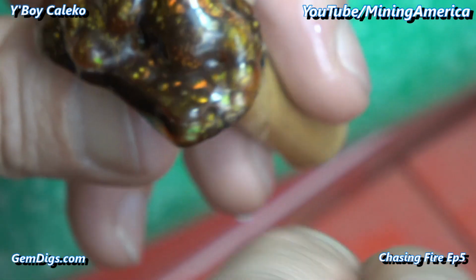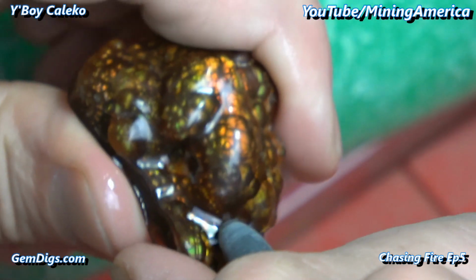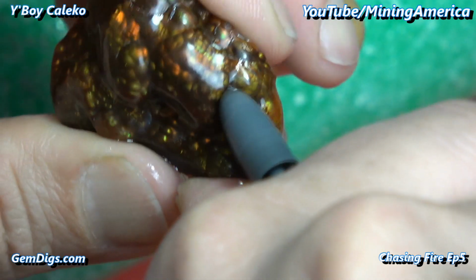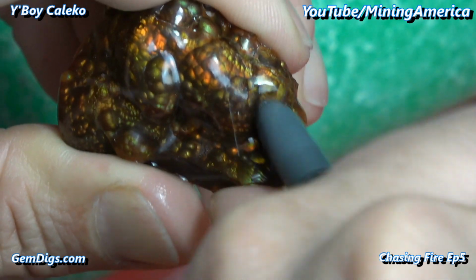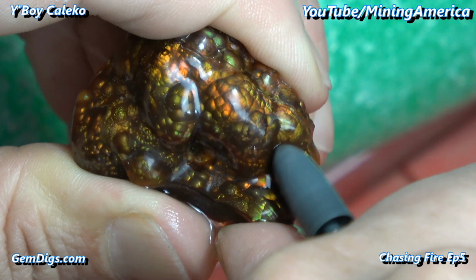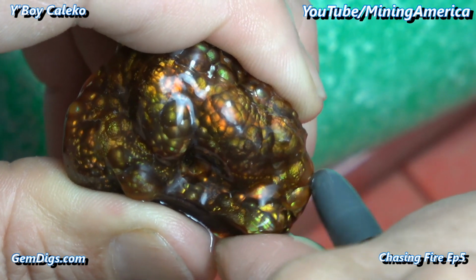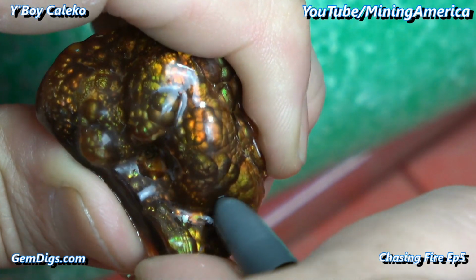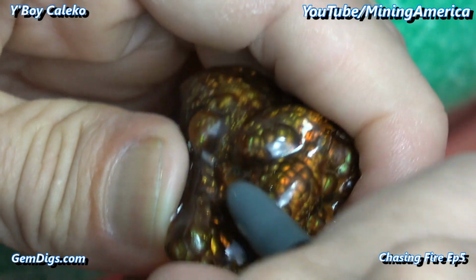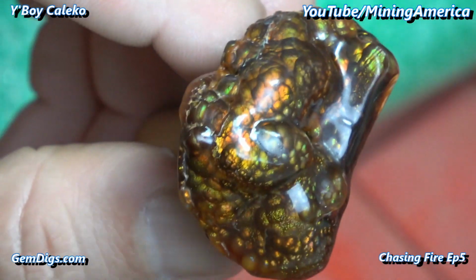Yep, still not quite ready right in that one little crease right there. It just doesn't have the right reflection. It's just missing the proper reflection. It's the only area, and then I think this is ready to go to a 3000. Looks about ready to go to the 3000 to me. I'm gonna give it a good rinse and then